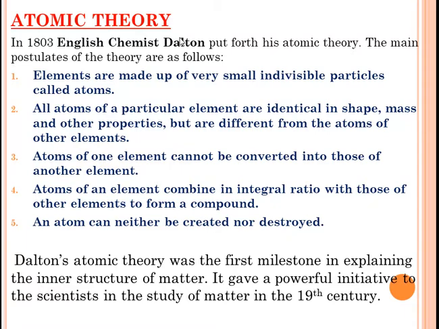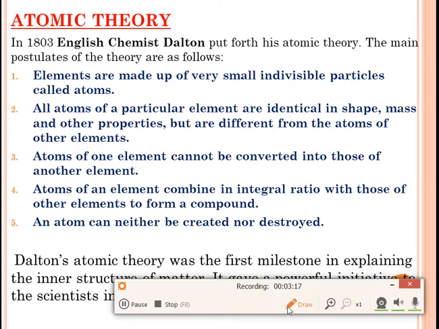Do you know what is element? Any substance made up of the same type of atom is called the element. Okay, element is any substance which is made up of the same type of atom. For example, sodium atom, magnesium atom, potassium atom. Sodium will be made of only sodium atoms. Then we have the potassium. It is also an element. It is made up of only potassium atoms. Like that we have altogether 118 elements.